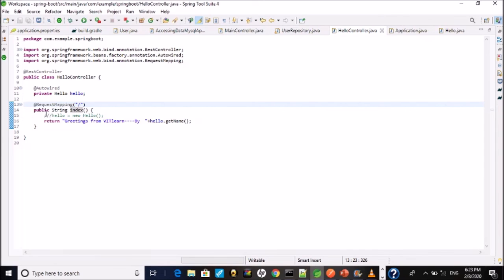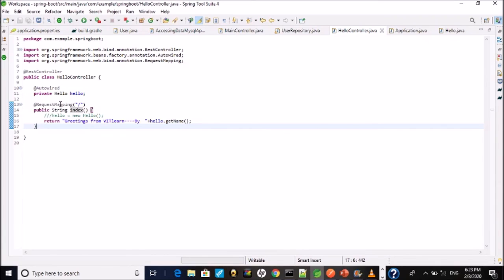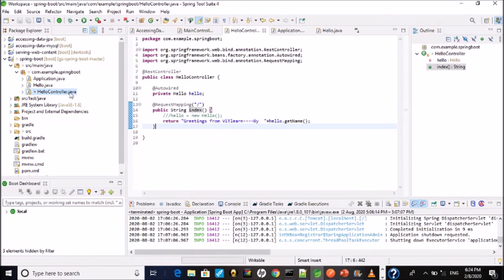So we are exposing a REST web service of the type GET. That is what this class is doing. And Hello is a VO class, and we have a string name, and it has getter and setter methods, and this getName will be invoked in this index.